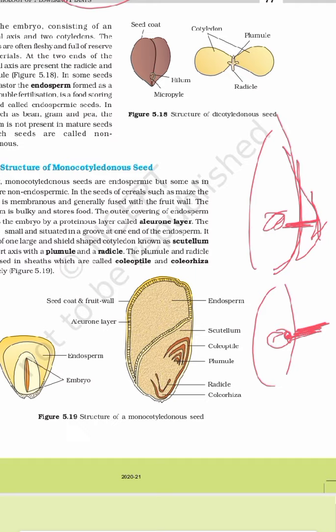And the most important part, the micropyle. It is a small opening present at one end of the seed. Now you can see a few words over here. Here it is the chalaza, a region from which the seed coat will originate. The micropyle is a small opening. And the kernel is what we get by removing the seed coat.